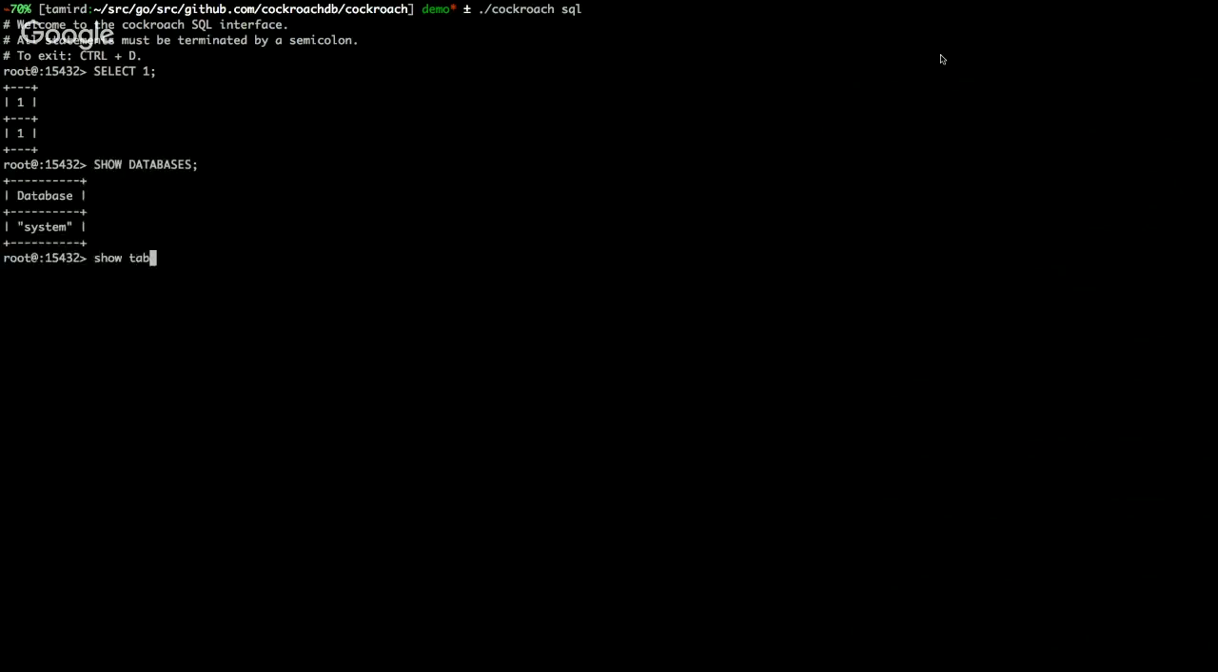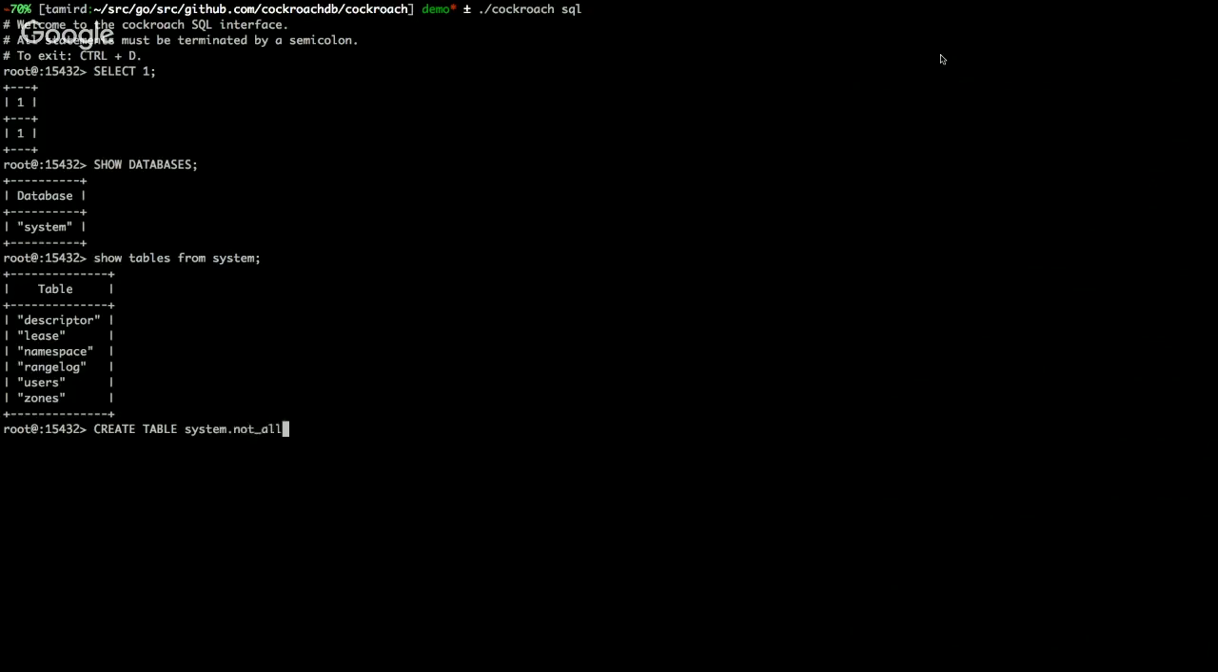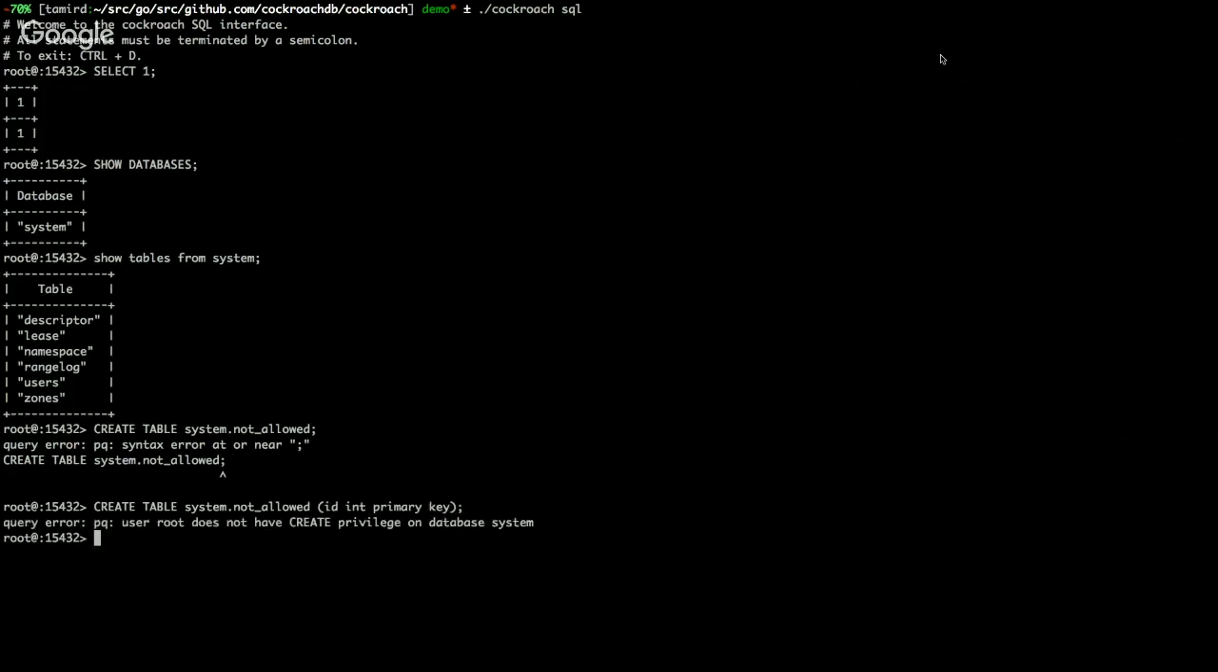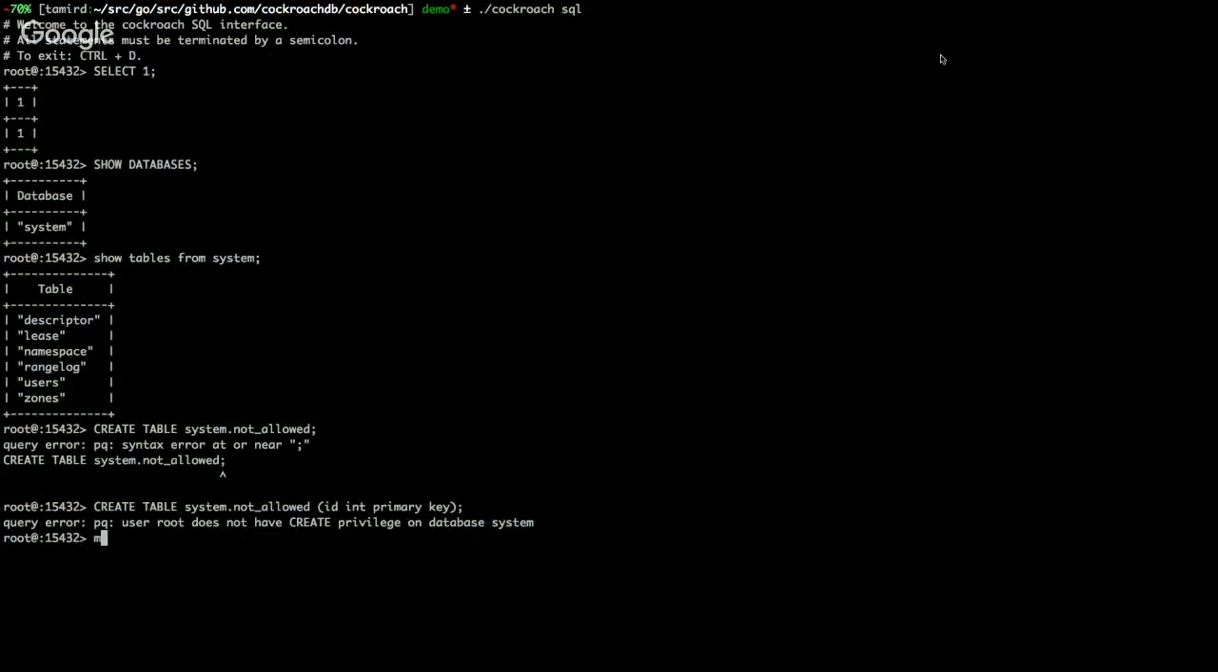We have the system database, and show tables from system. There are these internal Cockroach tables. And so if I try to create a table in here, system dot not allowed. Oh yeah. I don't have permission to do that, right? So there is a notion of permissions. The Postgres grammar is kind of a cross between MySQL and Postgres for people who are familiar. So all the administrative stuff tends to be on the MySQL-similar end, and everything else is Postgres-like. So let's make a new database so that we can actually store some data,